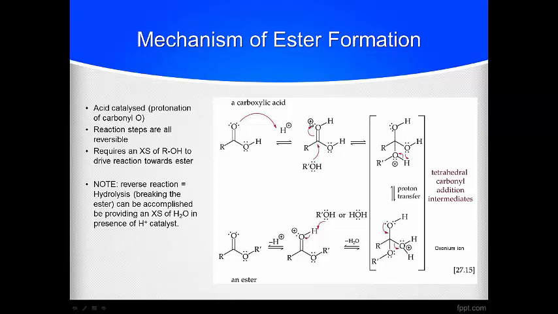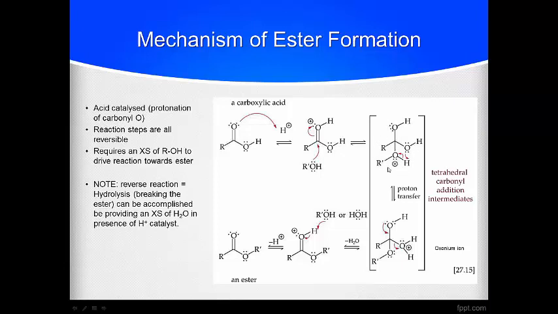This positive charge needs to be quenched, so it drives the reaction by making the acceptance of the lone pair from this alcohol favourable. Okay, so accepting these lone pair of electrons and then losing the bonding electrons to quench this positive charge. So we have this tetrahedral